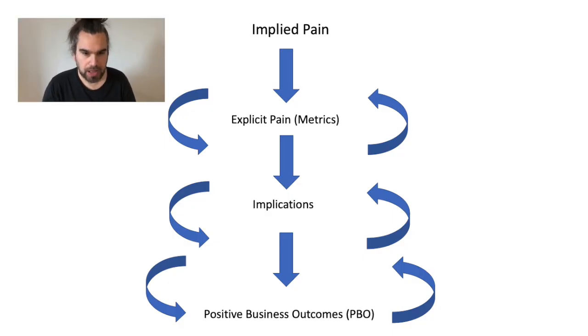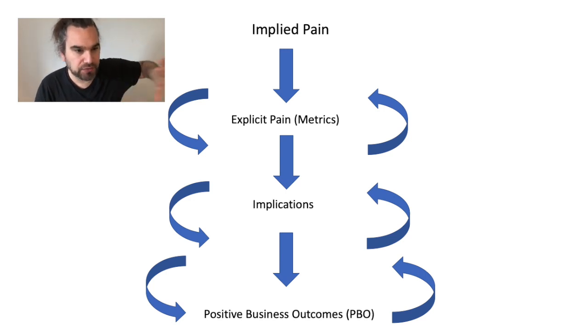Lastly, I want to talk about positive business outcome. So again, this is the other side of the coin when it comes to implication. This is the positive stuff that can happen by getting this right. Now, how does that look? Well, it's very simple. It would be questions along the lines of, if you are able to hit that target, what would it mean for your organization? If you did get that time back, where would you reinvest that time in your business, etc. It's talking about the positive effects.